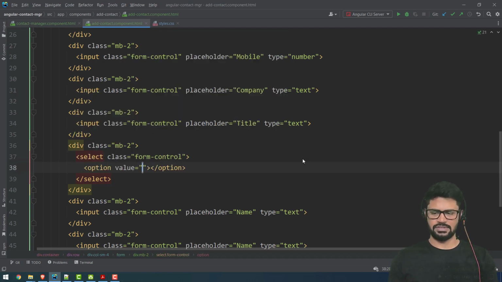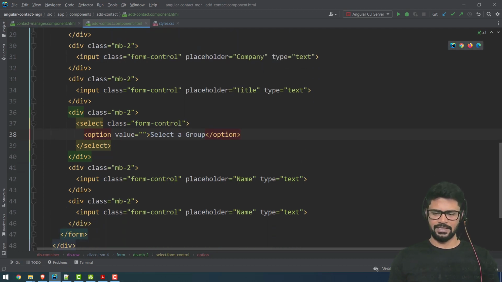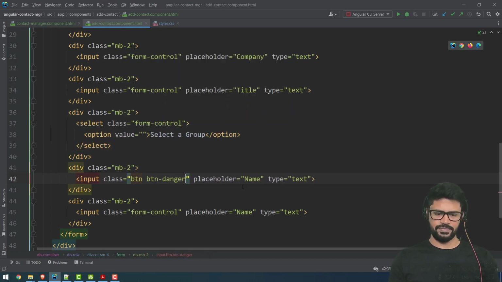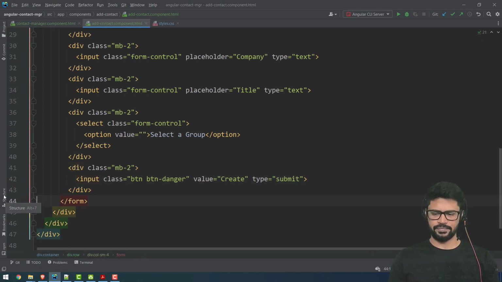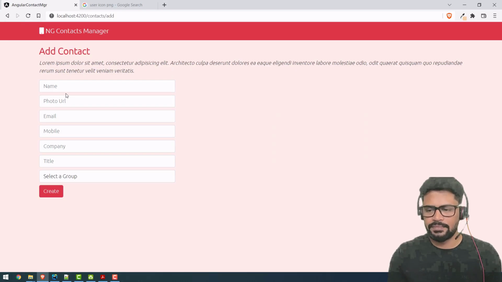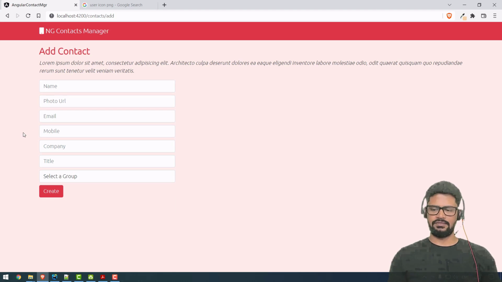Let's have an option, let's say select a group, and lastly we have a button, btn-danger, and this value is create and type is submit. We don't have this extra. Okay, it's all fine, and